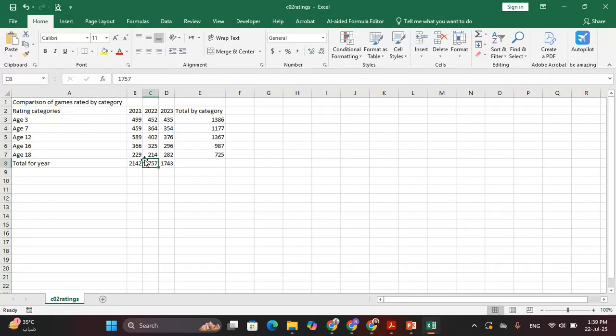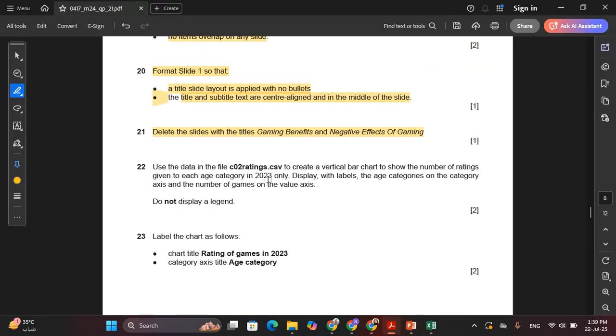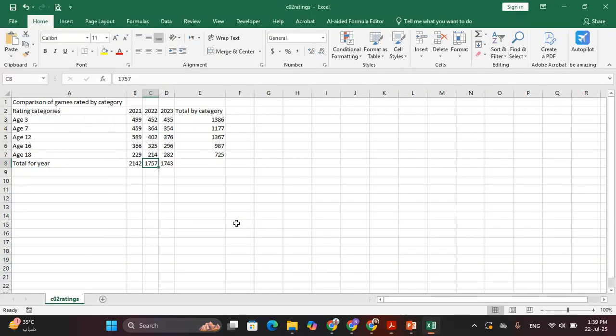Now we need to read the question very carefully in order to know which data we are supposed to select. We go back to the question paper, and they tell you to show the number of ratings given to each age category in 2023 only. So if we go back to the Excel sheet, we need to take the rating categories which are displayed in column A from age 3 to age 18. We're not going to take the total for years. We don't care about the total. We need just to compare the rating categories only for